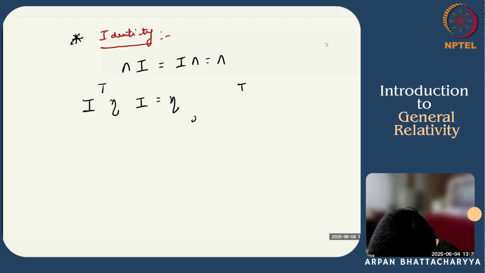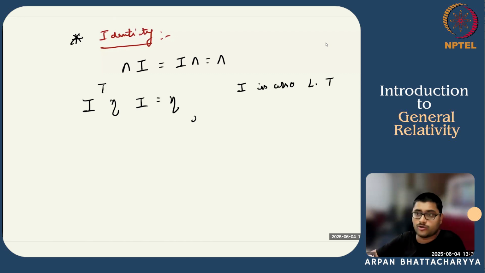So I is also a Lorentz transformation. So we have now proved that all possible Lorentz transformations form a group,